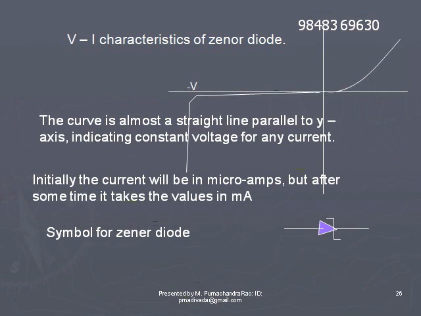Here, during breakdown, the current will be in the order of milliamperes. Before it is only in microamperes. Once breakdown starts, the current passes 2 milliamperes and increases to a large extent without increase in the breakdown voltage. The symbol for Zener diode is similar to the ordinary diode except with a Z letter before the positive triangle.